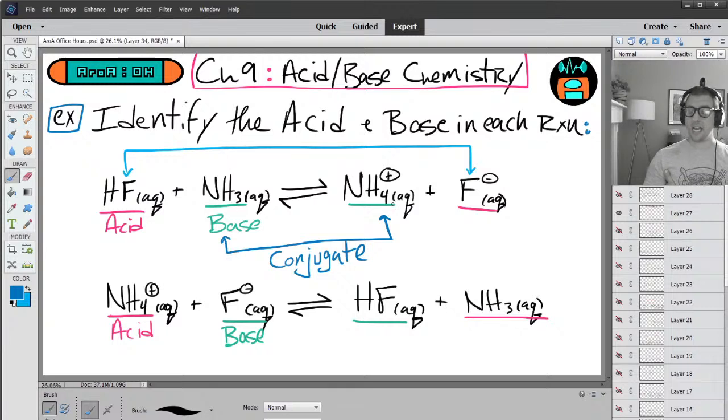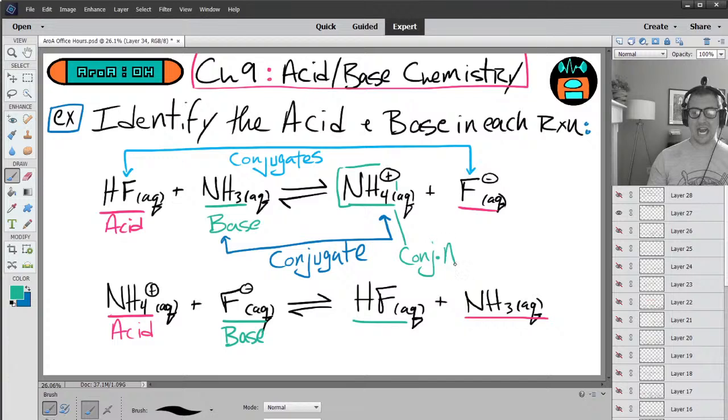So ammonia and ammonium are conjugates, as well as hydrofluoric acid and fluoride are conjugates. All right? Ammonium is called the conjugate acid